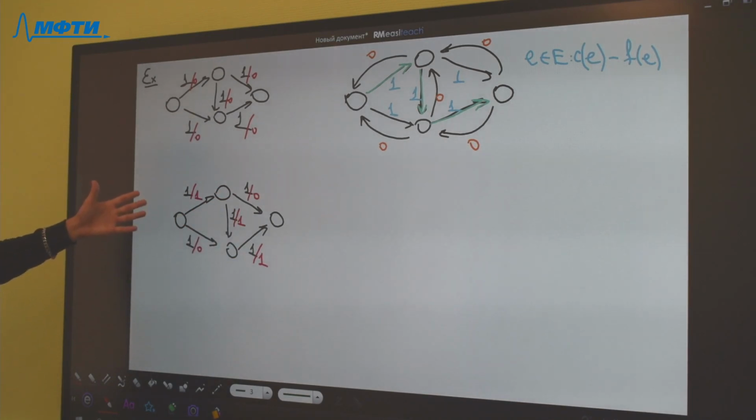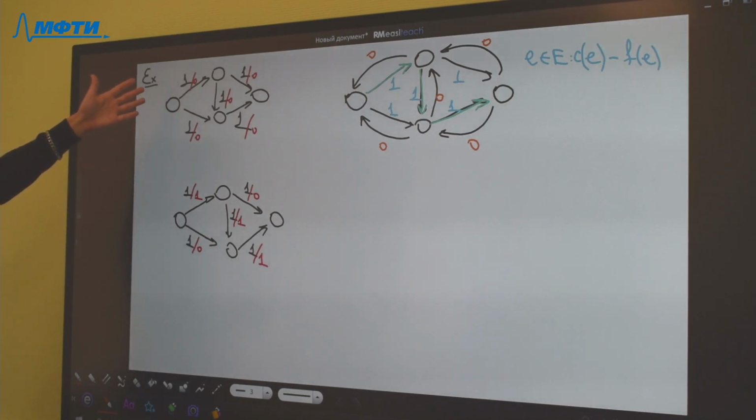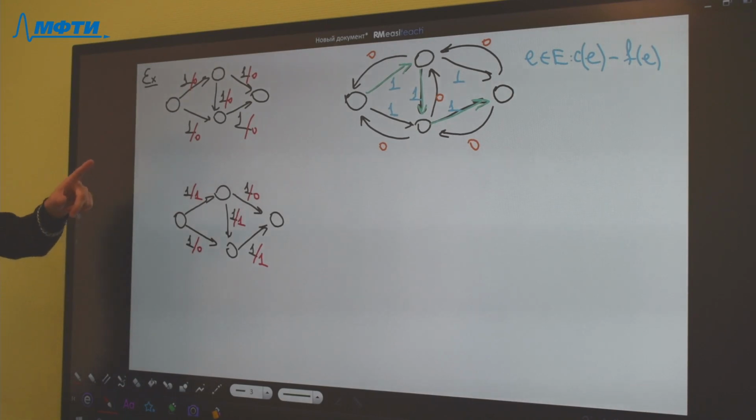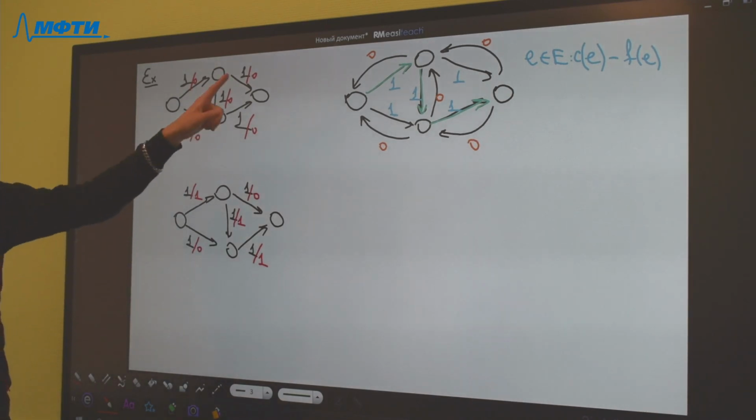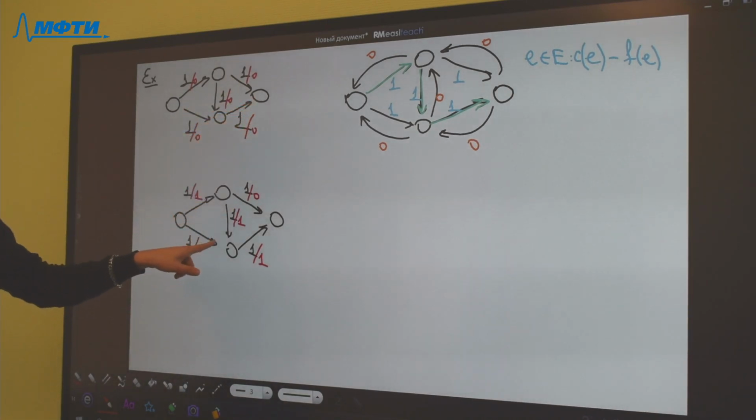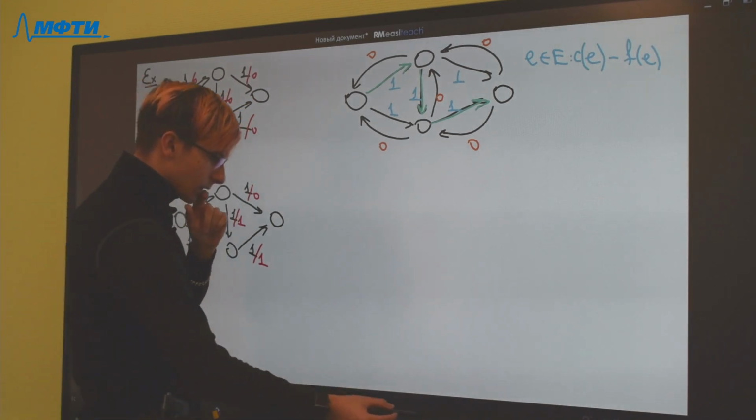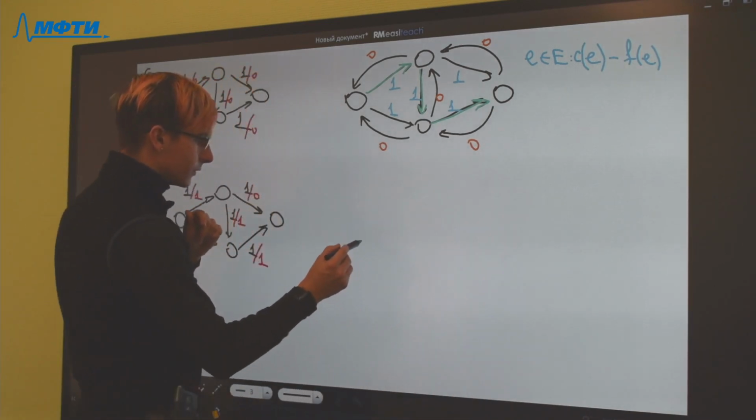The value of this now is equal to 1. It's bigger than the value of the previous flow. Okay. And now it is important that we have an augmenting path in the residual network for this flow. You can see that if I draw it,